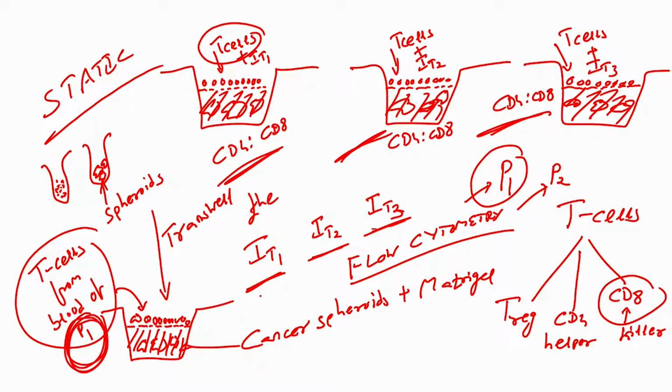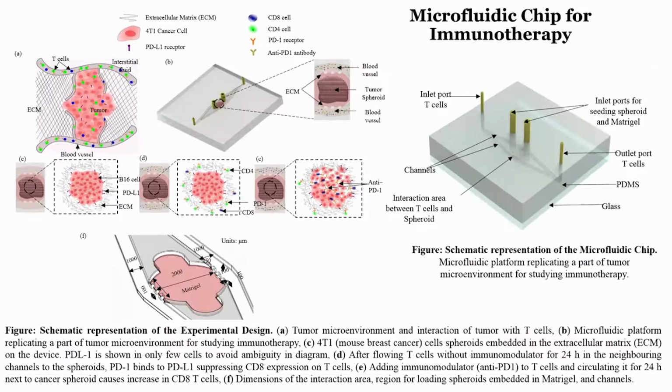Because our body is dynamic, and that is why you require a microfluidic chip for understanding the efficacy of the immunotherapy drugs, in a way that we can run in a dynamic platform, which is your microfluidic chip, right. So, we will see how we can design this microfluidic chip as a part of the course,